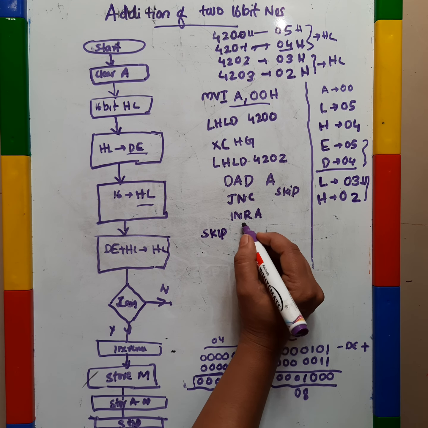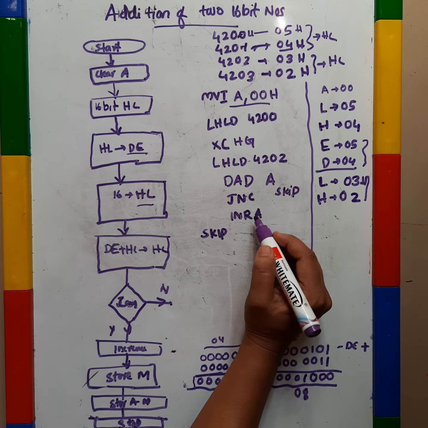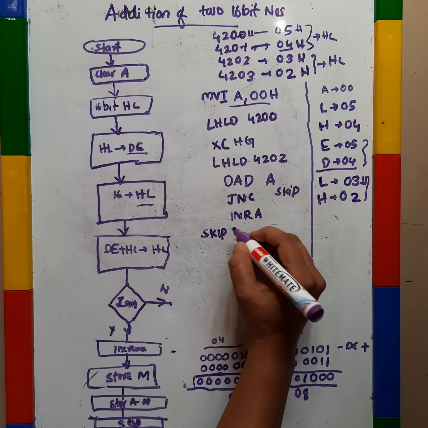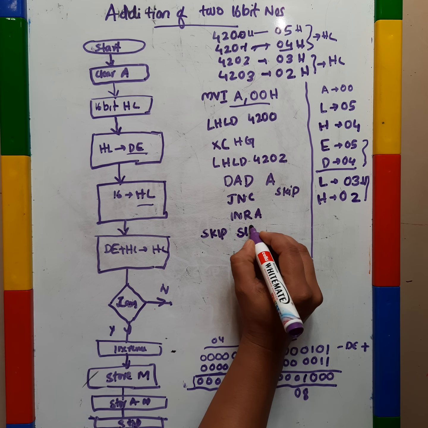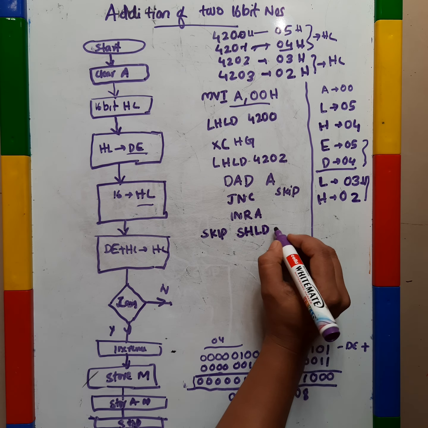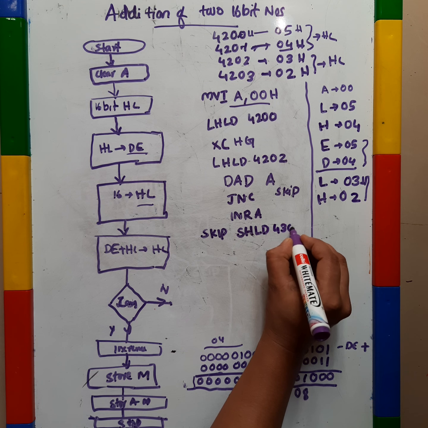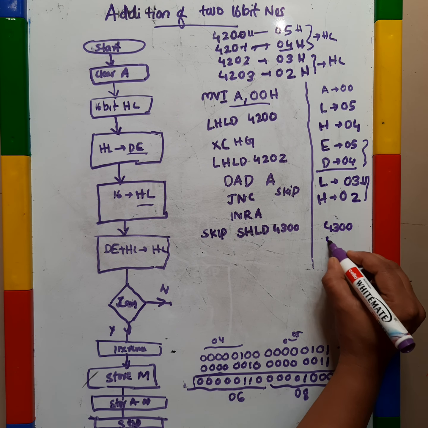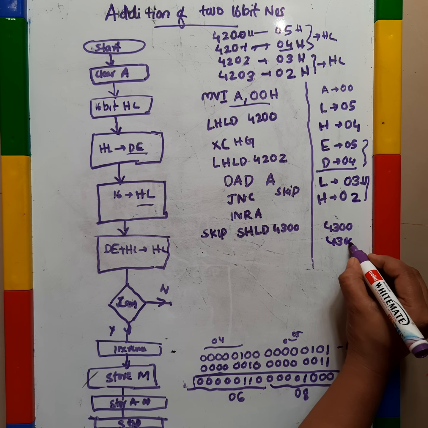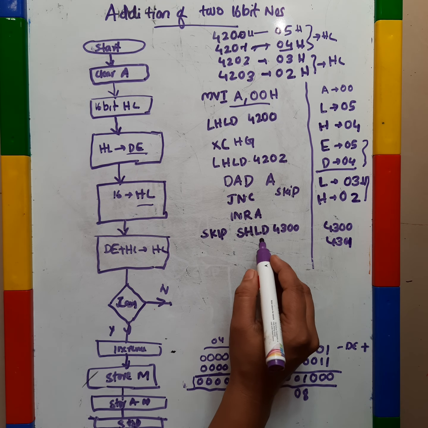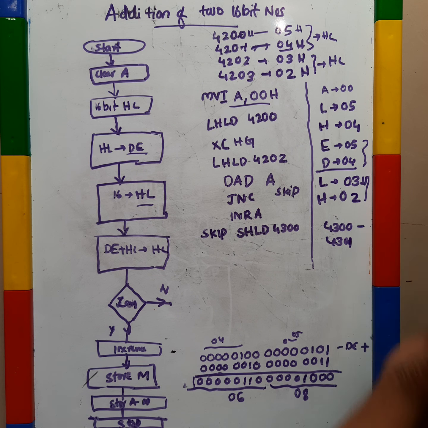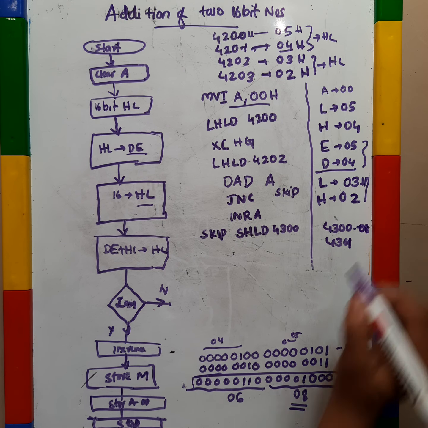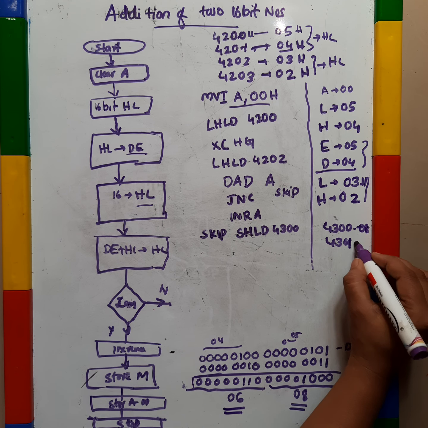After that, if there is no carry, then what we have to do, we have to store the data of HL pair into memory location. For that we are using the instruction SHLD, then location we will give, that is 4300. Okay, here 4300 we are using for storing the output data after addition, and whatever the data in the L register, that means 08, that will move into 4300, and whatever the data in the H, that will move into